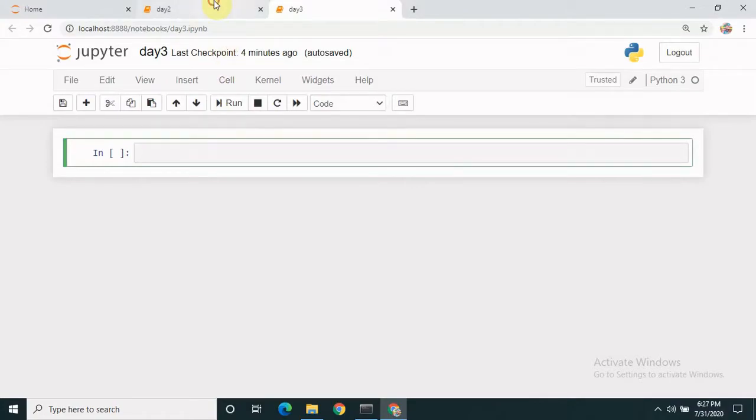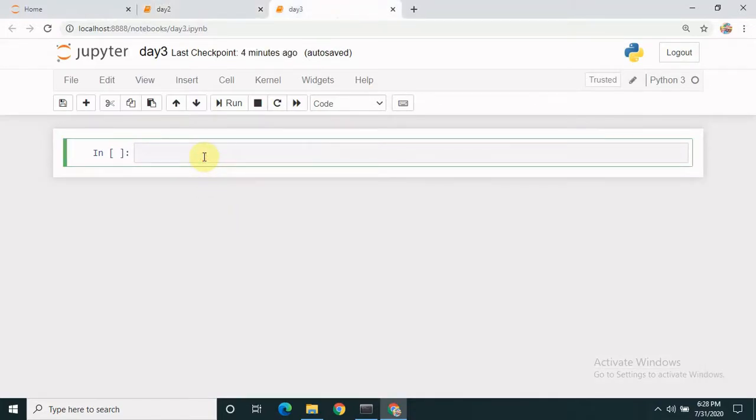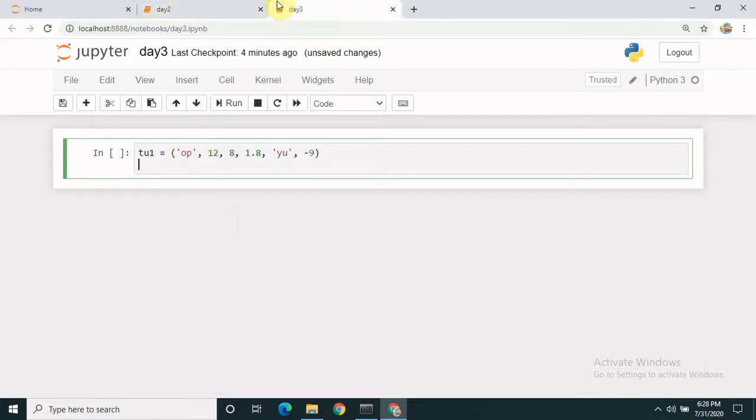We better copy them from our previous notebook. So here we go. Here is our tuple. And our list.